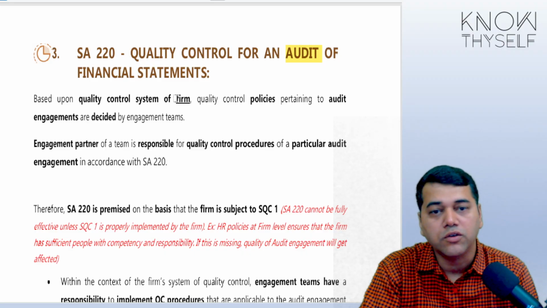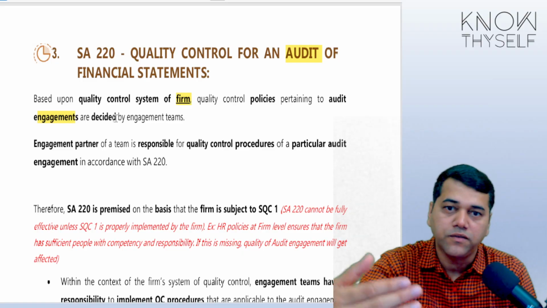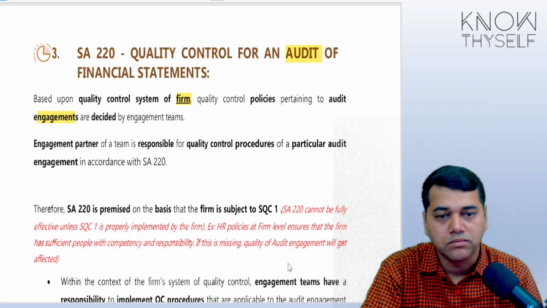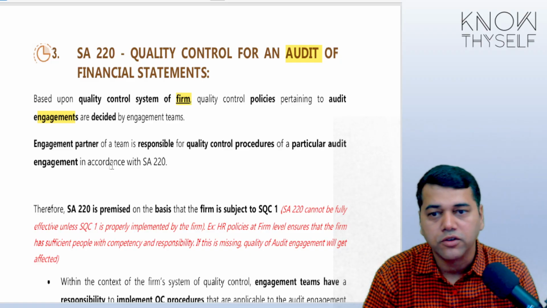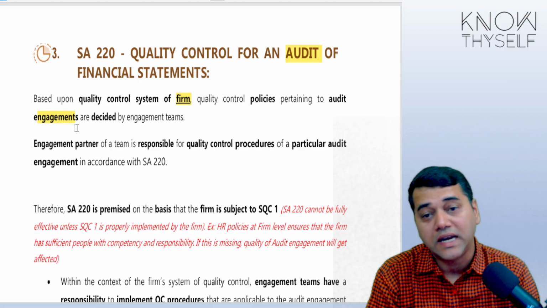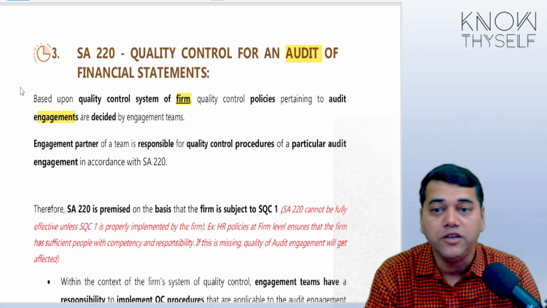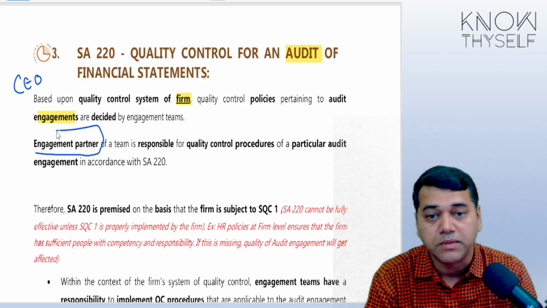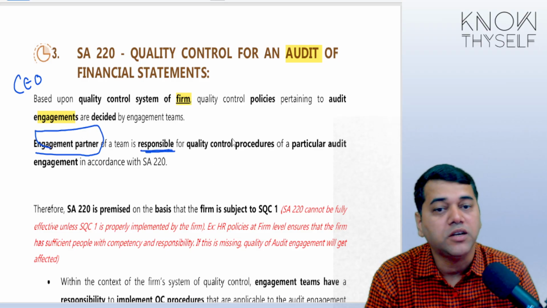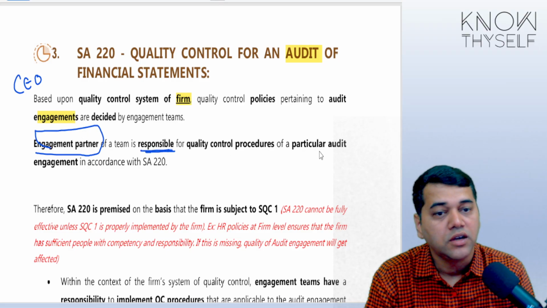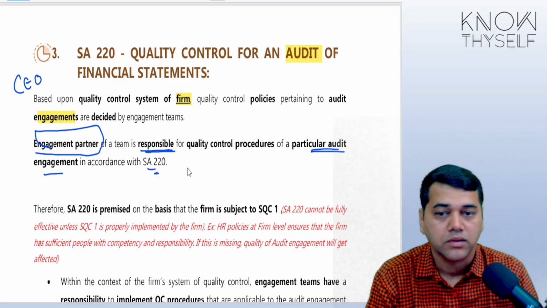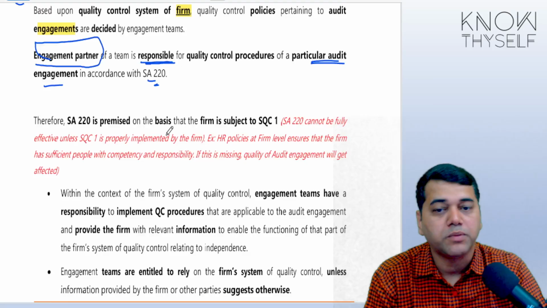Based on the quality control of the firm, the quality policies for the audit engagements are decided. So from the firm only, the quality control standards for the audit also will flow. Now, at the firm level, who is responsible? The CEO or managing partner. So who is responsible at the audit level? The engagement partner. The engagement partner becomes responsible for quality control procedures for a particular audit in accordance with SA 220. Therefore, SA 220 is premised